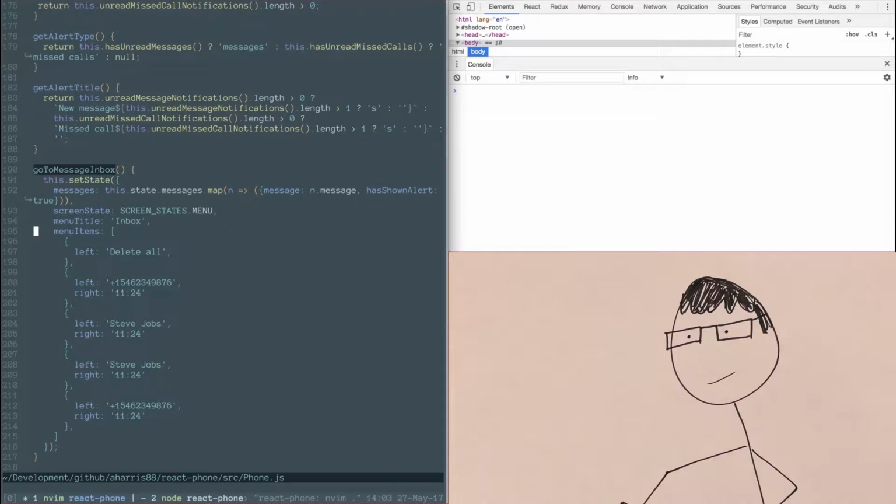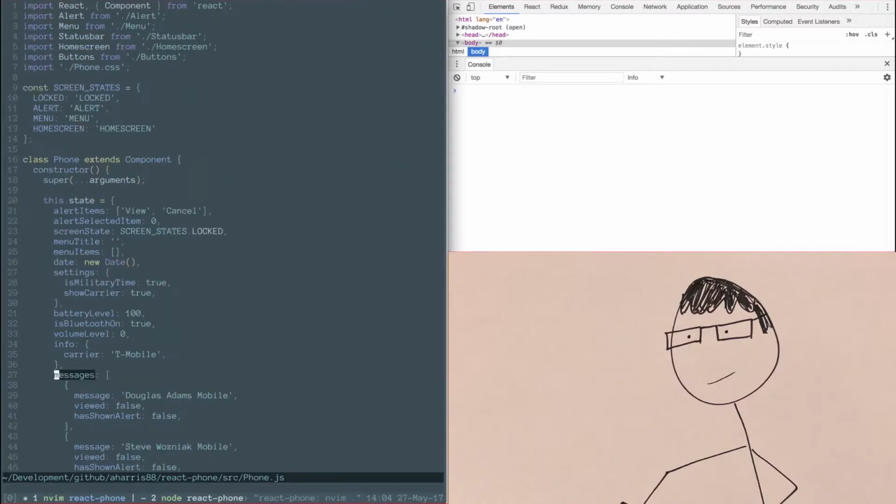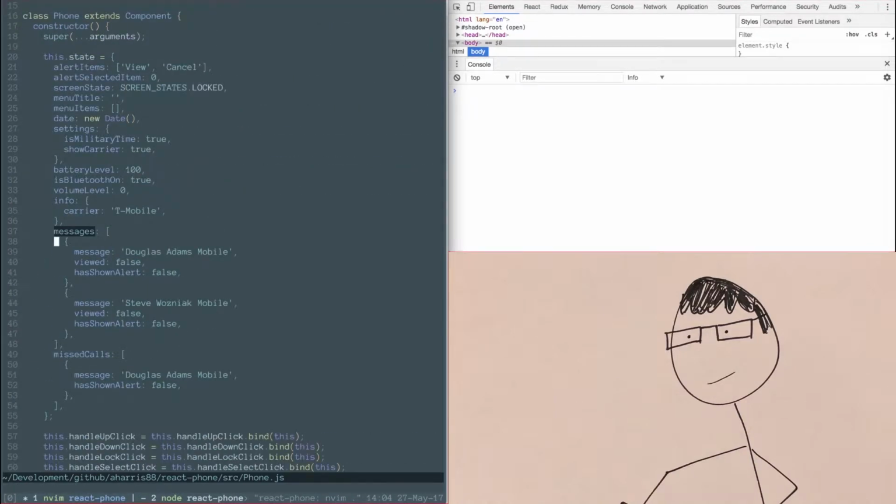Menu items. Okay. So interesting, it's not actually using the messages from our state here. Message viewed has shown alert. Okay, so